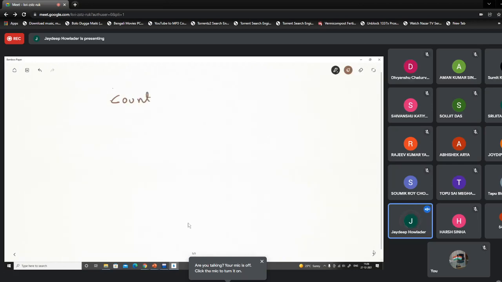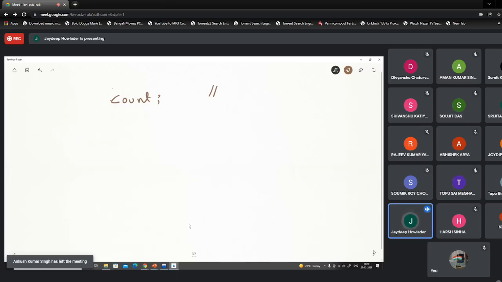Then in my mind, I must know what we are counting. We are counting some integers, whole numbers, like the number of sweets or kettles or the marks you are scoring. Depending on these characteristics, we must define what type of variable this is.